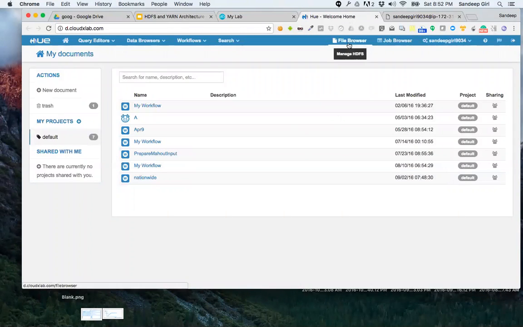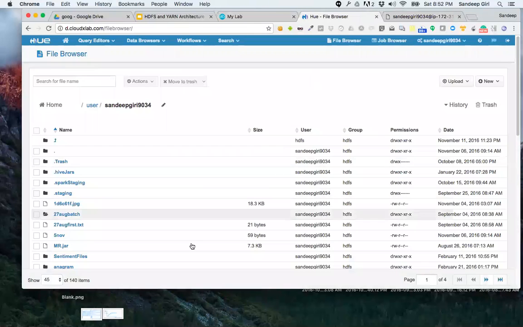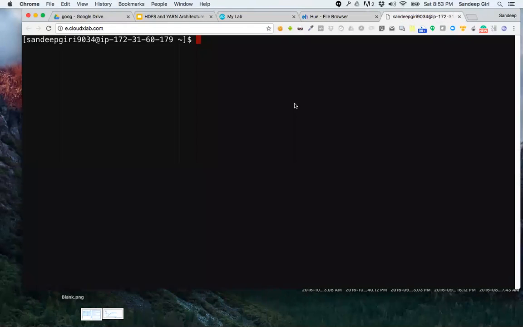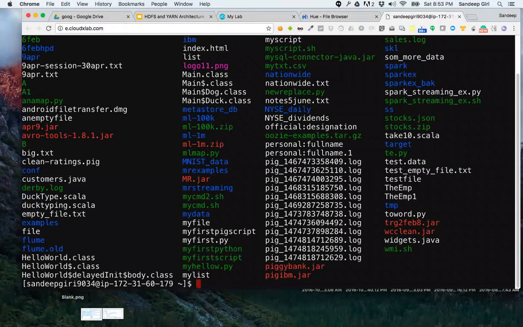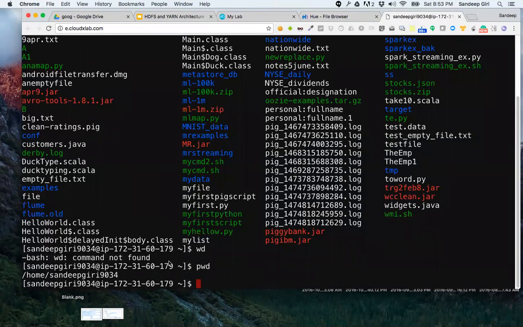This is my Hue. I go to the file browser. What you see here is the /user/home directory. This is my HDFS home directory. This is HDFS. Now, when I say ls, this is the web console. Here, when I say pwd, it shows me the present directory as /home, not /user.